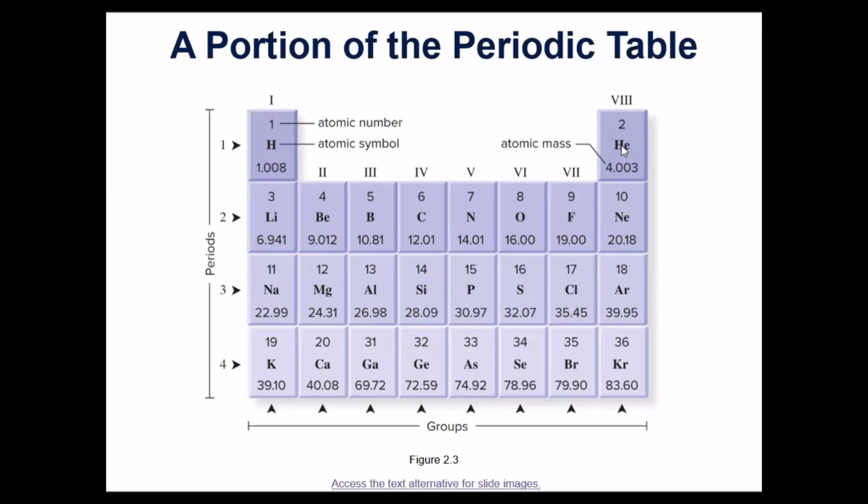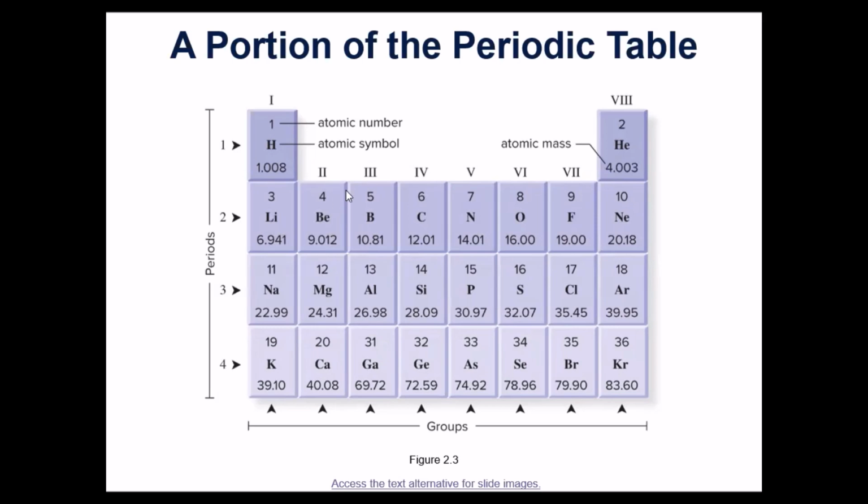But and then helium is listed there for you. Atomic number is 2. That tells me that helium has 2 protons. The mass number is approximately 4. And so that means helium must have 2 neutrons, and so that gives you a total mass number of 4. Okay, you can see lithium, beryllium, boron, carbon, nitrogen, oxygen, fluorine, neon. You kind of keep going.